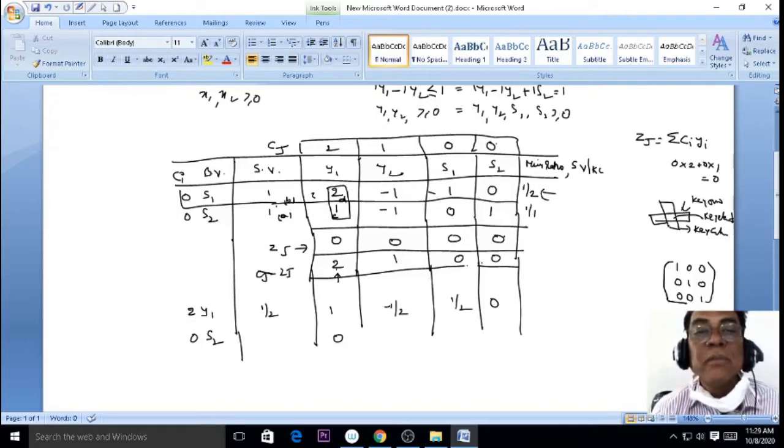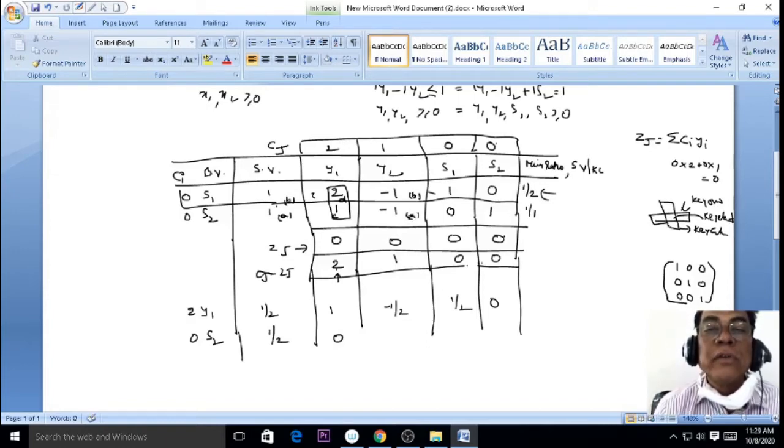What is the basic formula for A? 1 minus 1 into 1 by 2. Take 2 as LCM. 2 minus 1, 1 by 2. Write down 1 by 2. Go to this one, minus 1. This is A. The top one is B. Key row. It always goes, key column C and D. So minus 1. What is the basic formula? Minus 1.